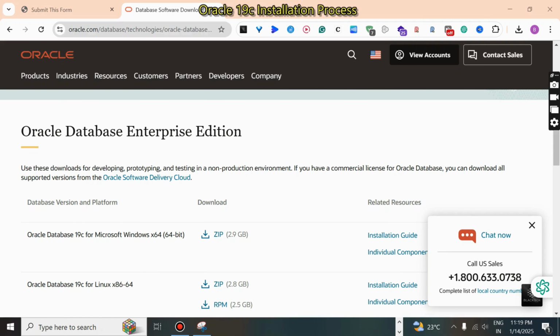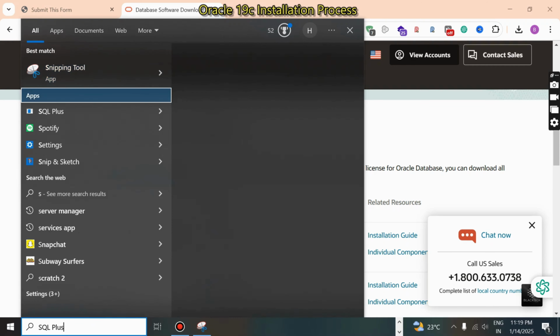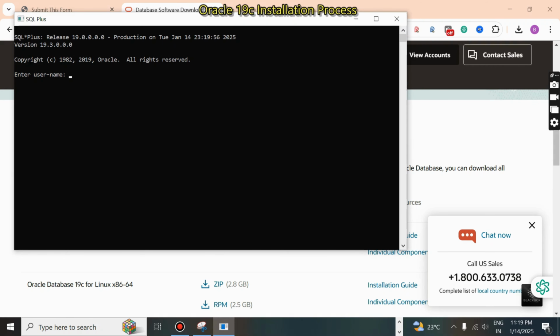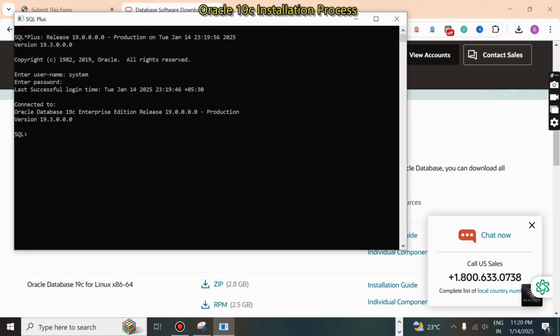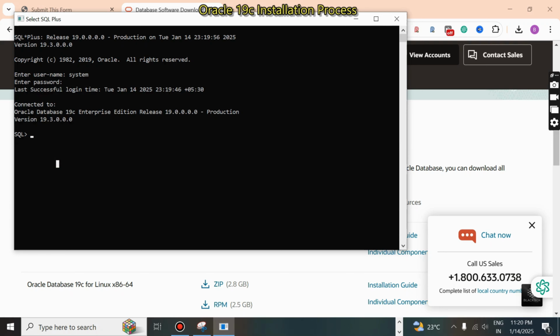Now again I am going to close this one. Again I will open SQL Plus. Now I am going to type here system as username and password as ABC. Now see, login success. So in case you forget the password also, no problem. In the upcoming sessions we are going to do practice. I am going to make tutorials on this Oracle database. That's the reason I have created